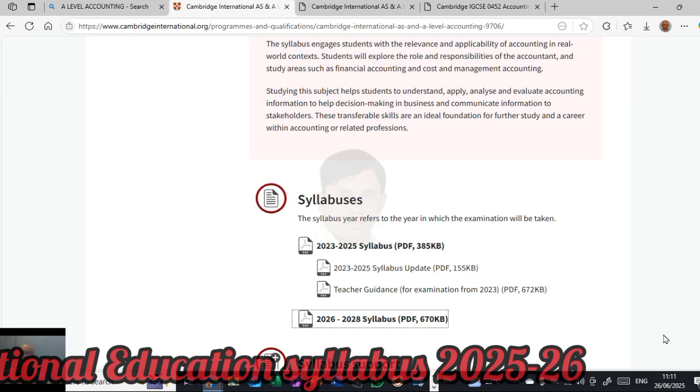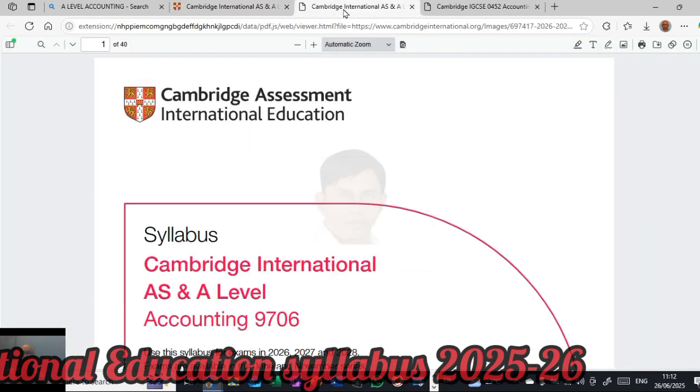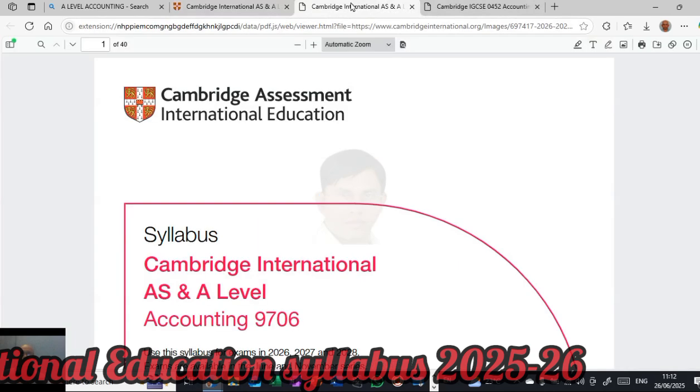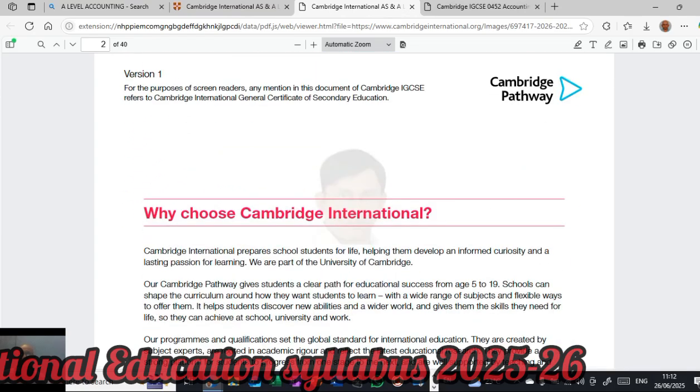So if you have any old books, then also you can start learning, and you can study with the new books as well. So don't think the old books are a waste and you have to discard them or something like that. Okay. So let us have a brief overview of the syllabus. See, there is a syllabus for 2023-25, the old syllabus. Between the old syllabus and the new syllabus, there is not much change. So almost they are the same. So why should we bother about the old syllabus? Let's not waste our time on the old syllabus. Let's dive into the concepts of the new syllabus. So we'll see what all is included in the new syllabus.